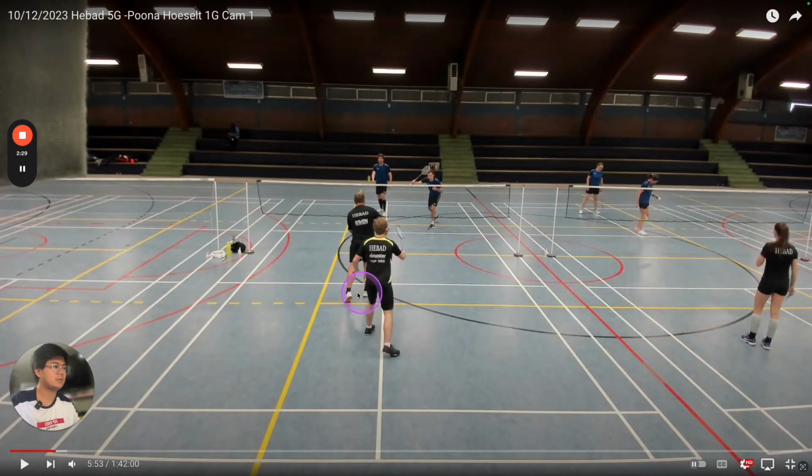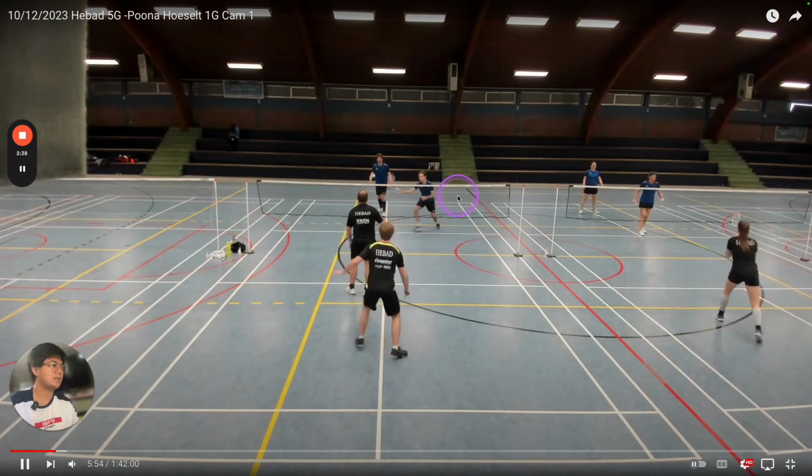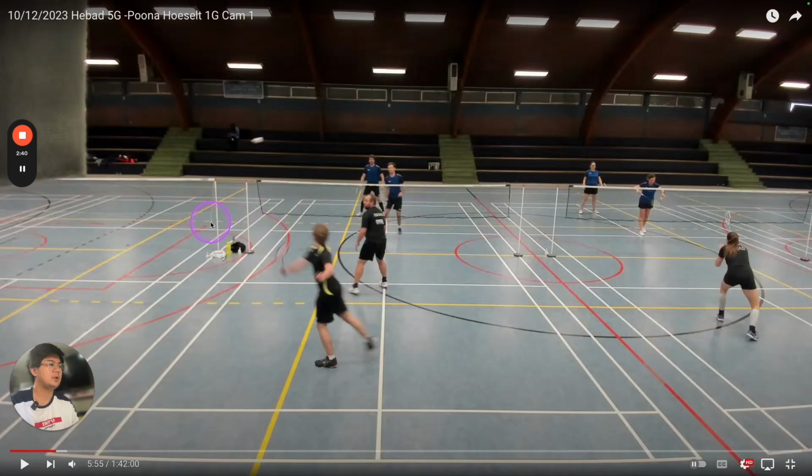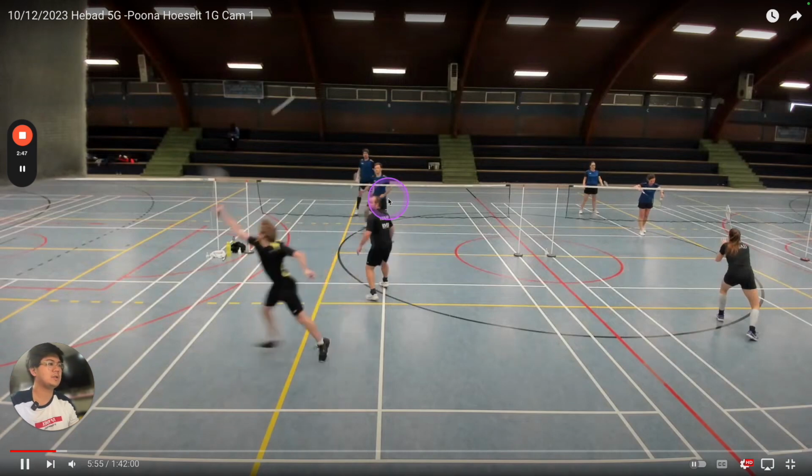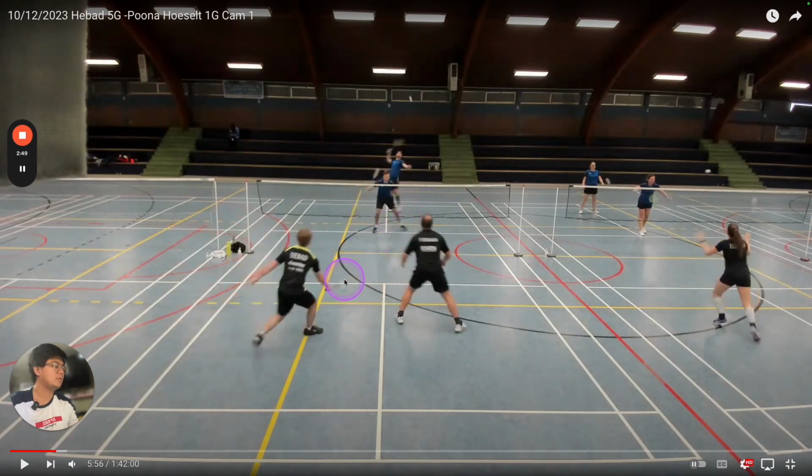Because if it's forwards, it's his. If it's backwards, you have enough time to get to the lifts. And the second thing is I would take a step back or two, because this is the second shot that you're already assuming a backhand lift. If you don't have the option to take it overhead or play a drop, you just give away the attack like this. And we can talk about the quality of the cross and how it's short and how it should have just been a straight clear. But yeah, just stand a bit further back.